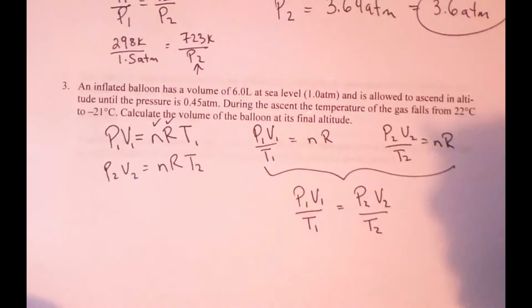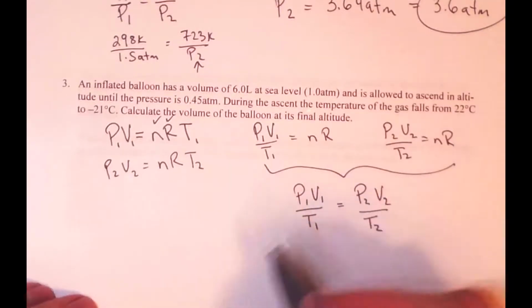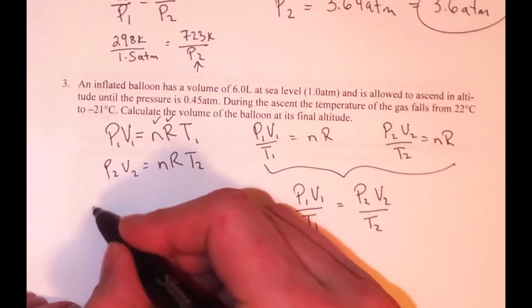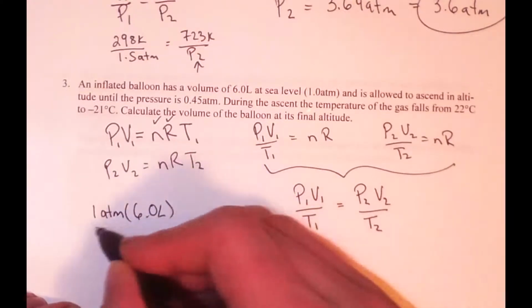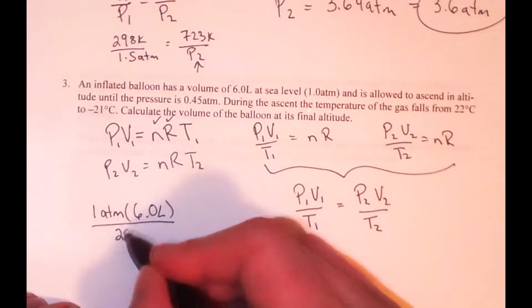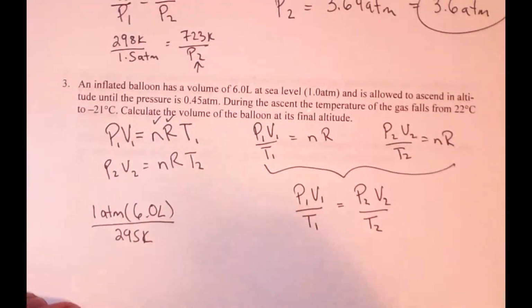Now I can just plug values in. We'll assume this is at sea level and this is as it rises in the atmosphere. So pressure 1 is 1 atmosphere. The balloon is 6 liters there, and the temperature is 295 Kelvin, of course converting from 22 degrees Celsius. And that's going to equal